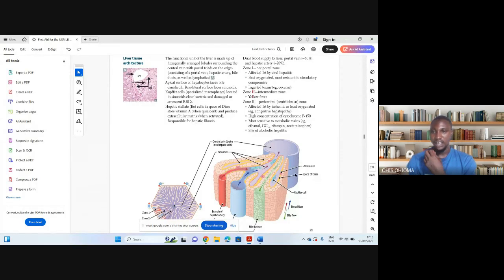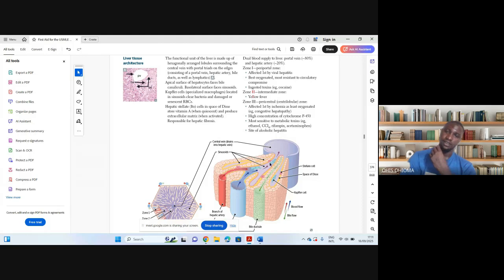Now, this area here is the area that is at most risk for ischemia. It's also the least oxygenated area of the hepatic lobules, basically. Another thing you need to know is that this area, even though it's quite funny, because I would expect that the enzymes that are responsible for